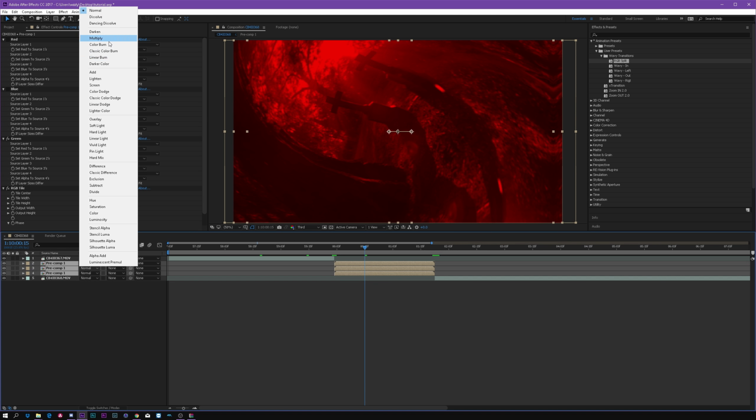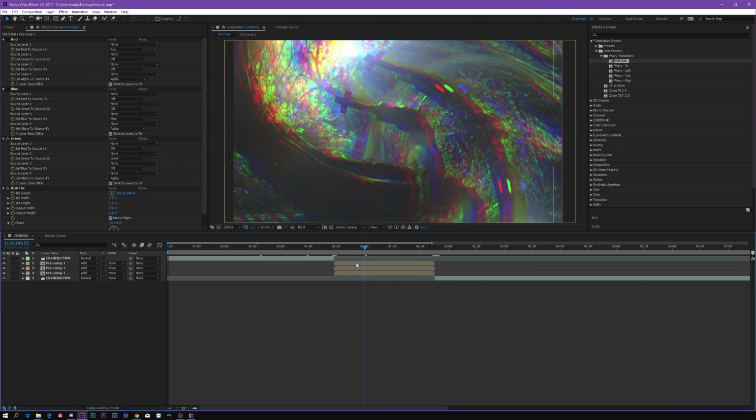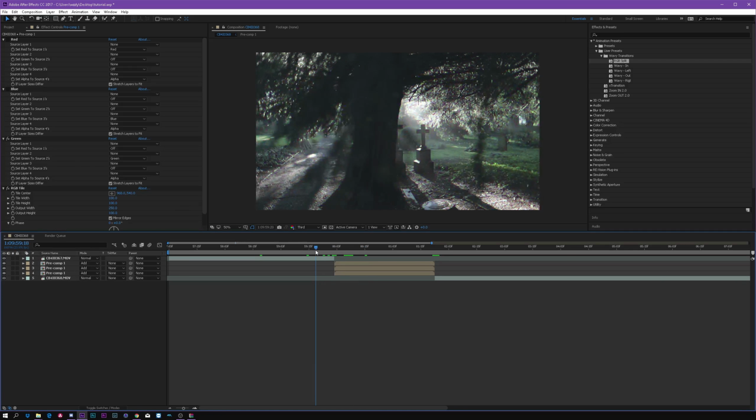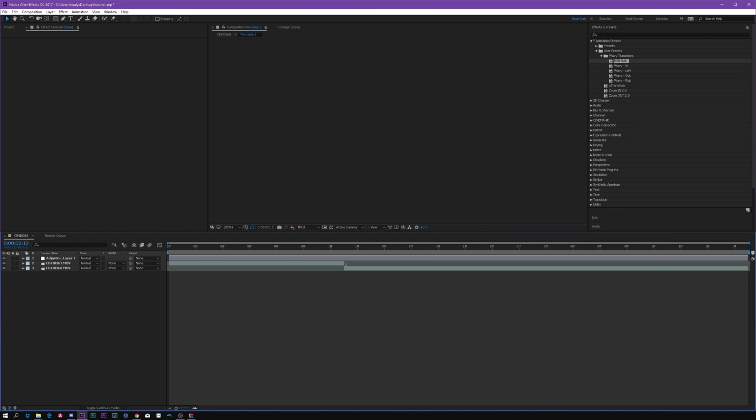So now if we collapse these, if we select all of these three layers and change their blending mode to add, it's gonna merge the colors back together and you're gonna see it's giving you this RGB split effect. And if we take a look at it now,